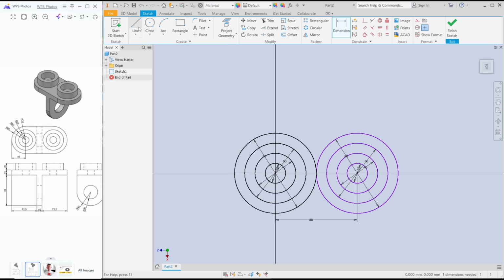Use the line command to create a line from this point to here. And also at the bottom, it will connect between the two circles. And use the trim command to cut this circle like this, and you can draw a rectangle object from this point to here. Set the dimension for the length between these two lines to 15,